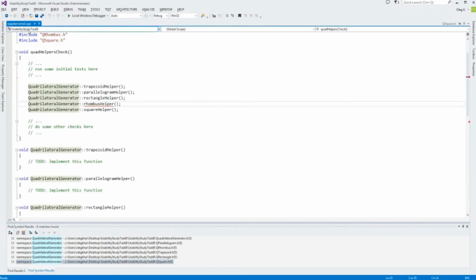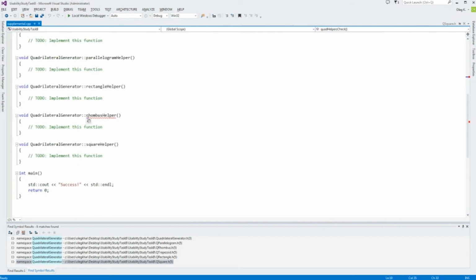hopefully you won't run into this situation very often, but there are a couple of cases, especially with legacy code and things like partial classes too, where we run into this issue. And so we're going to try to resolve this in the same way. When we click on the smart tag in this case, we'll see that we can try to create the declaration of this function called rhombus helper, but it seems that the destination file is something called